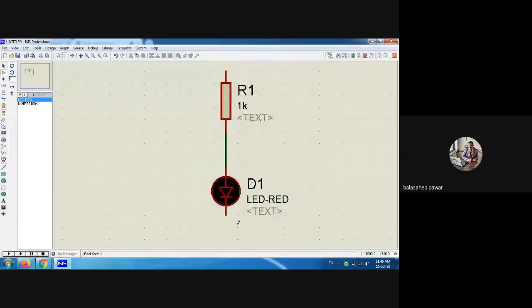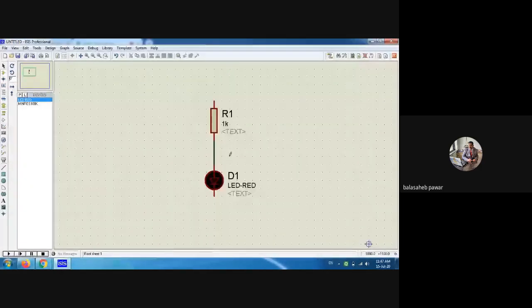Okay. Now another component, that is the DC source. We require a 10 volt DC source here. You will get that DC source through this window, where it is mentioned as generic mode. Are you observing it? Generic mode option is there. When you click on it, again you will have a number of options like DC source, sine wave, pulse waveform, exponential waveform, like this. So many are there. The first one, the DC voltage source, is what we require. So select that DC source and place it over here.